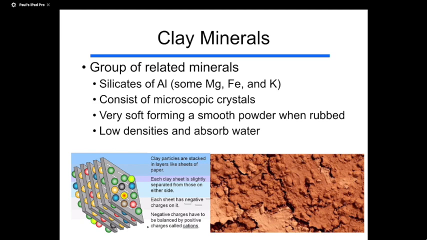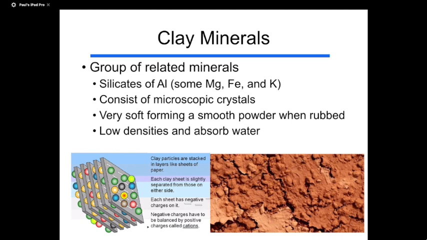And so clays tend to be, if they are dry, if you rub them, they become powdery. But clays, if they are wet, they soak up a lot of water. And they can soak up so much water that clays can be used to mold things and to do ceramics, because that water is in there and you can mold it while it is wet. It still has integrity as it's wet, but it can be molded, and then you dry it out and you